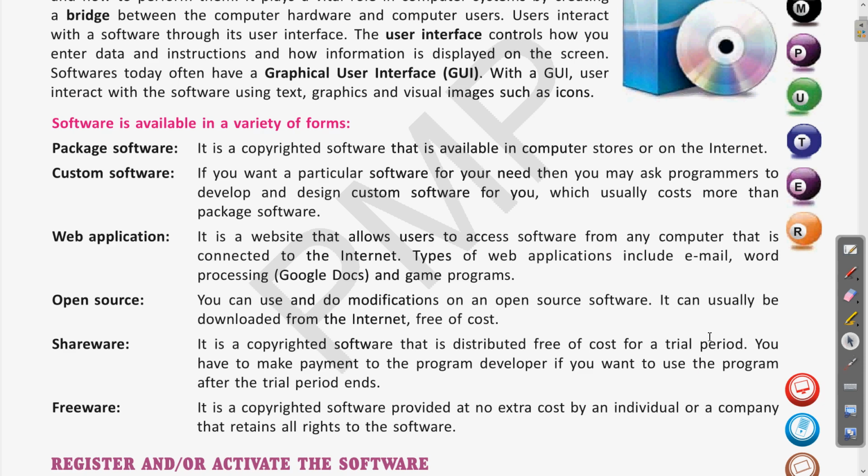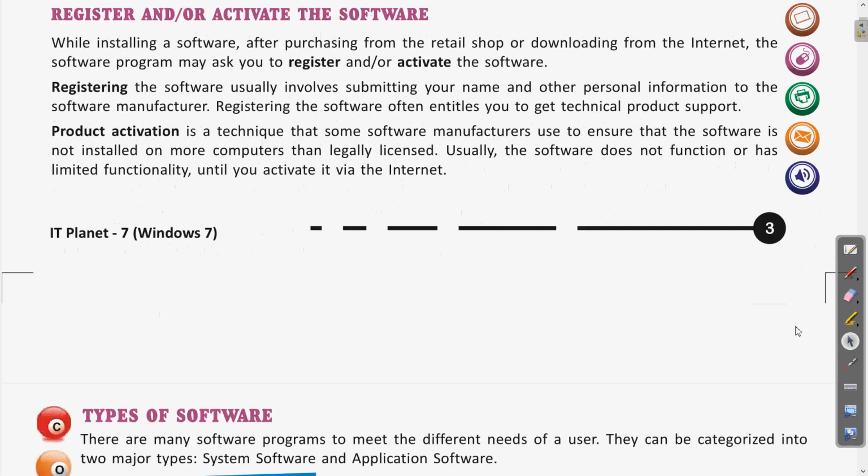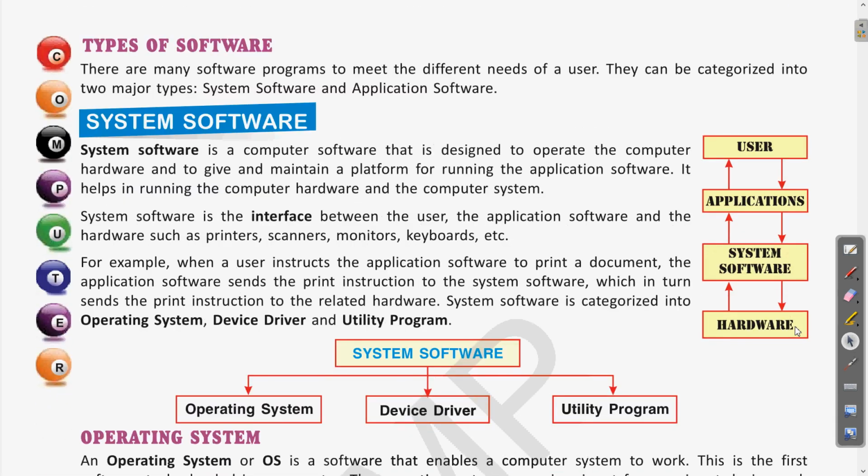Next we have discussed what is the difference between registration and activation. Clear? I hope this was clear as well, that registration is the details given by the user to get the technical support, and activation is the process, while installing the software, so that only the licensed user can use the purchased software. Clear? Next we were discussing what is system software. This was till where we left yesterday.